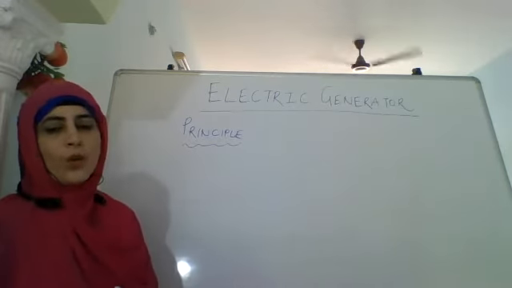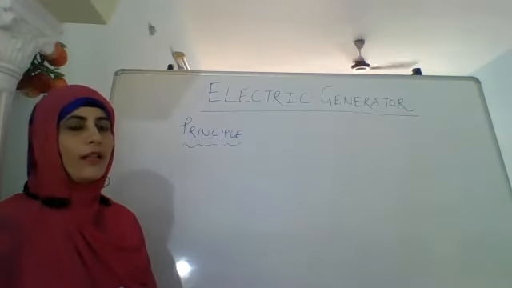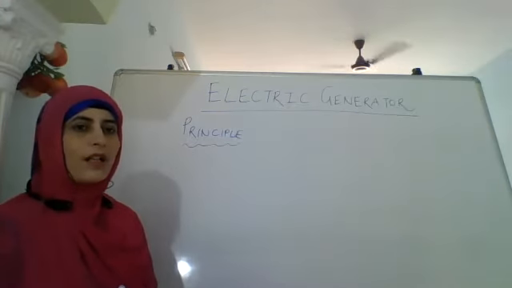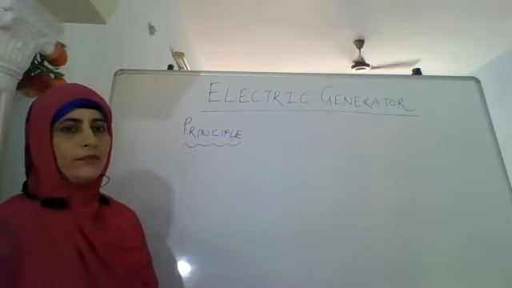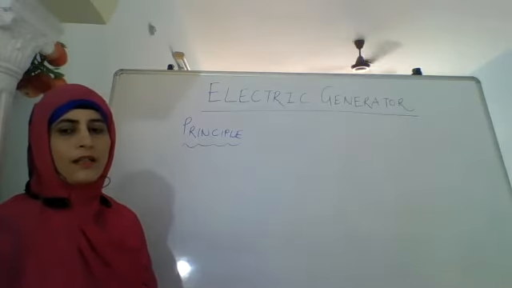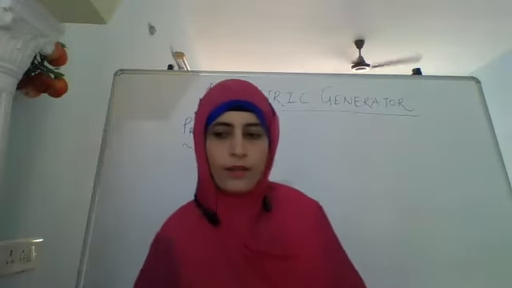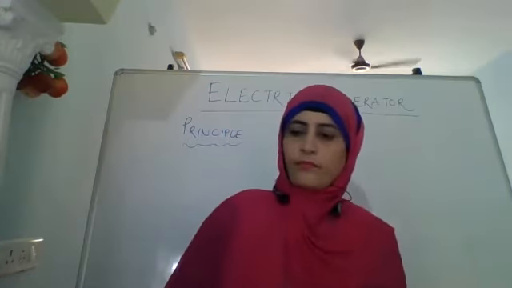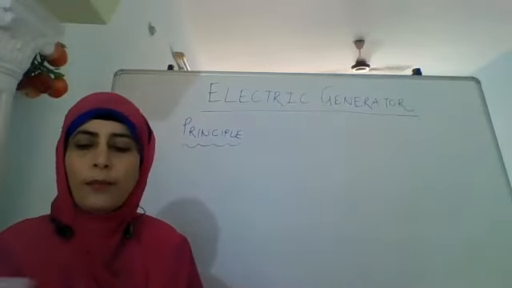And the galvanometer shows us what? What are the two things which a galvanometer indicates, which we have learned earlier? It indicates the intensity of the current flowing and also the direction of the current. That's why that galvanometer is placed in connection with the copper wire. Okay. So please first write the principle.